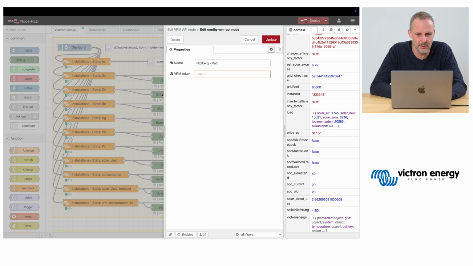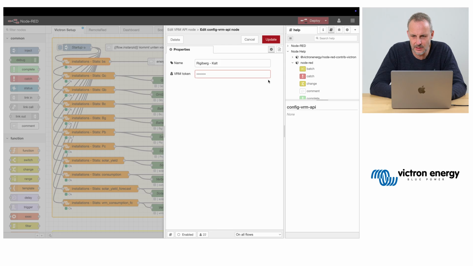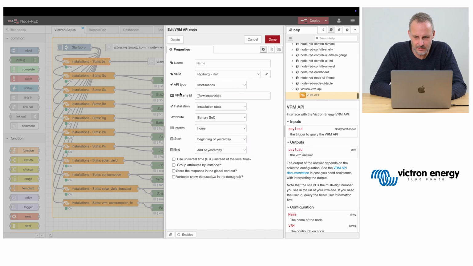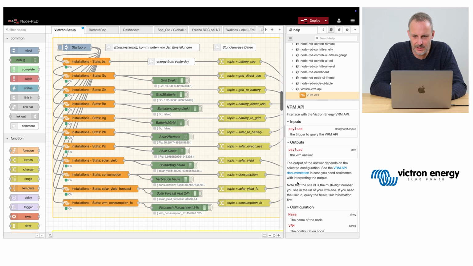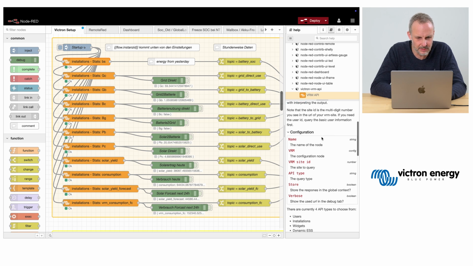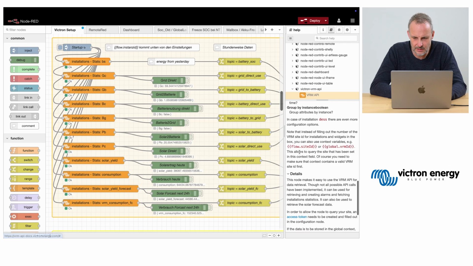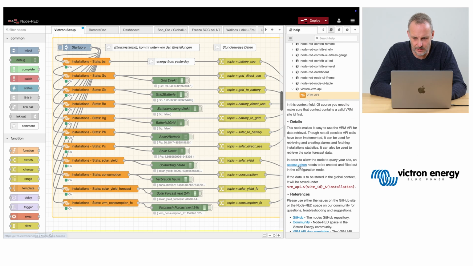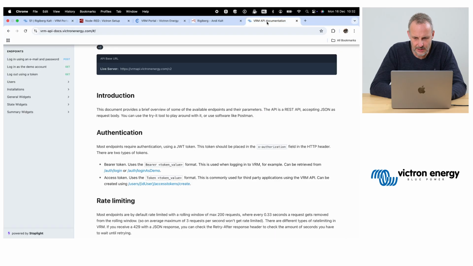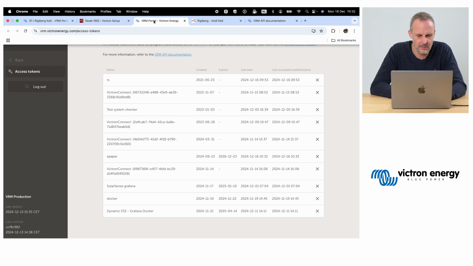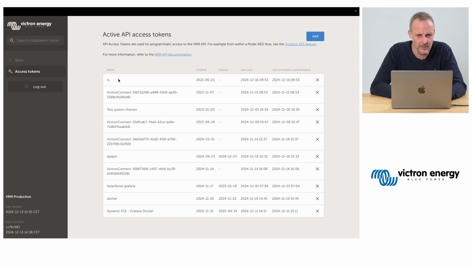And the VRM token is something that you would generate once in your VRM preferences, which is described. I think it's described not in here, but if you click here, I have this link to the documentation, and if you click on this link, that's the documentation.